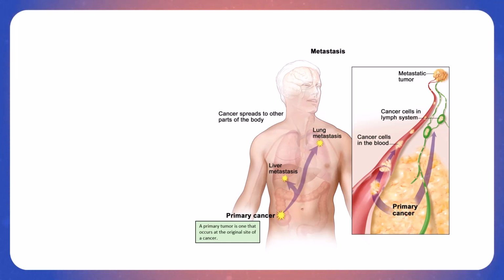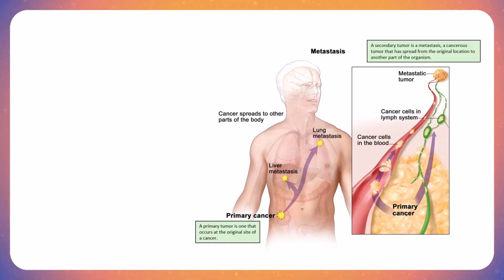A primary tumor is one that occurs at the original site of a cancer. So if this is where the gene mutates and therefore produces the first round of cancer cells, that is called primary cancer. A secondary tumor is a metastasis, a cancerous tumor that has spread from the original location to another